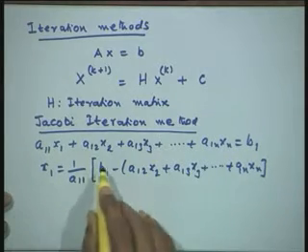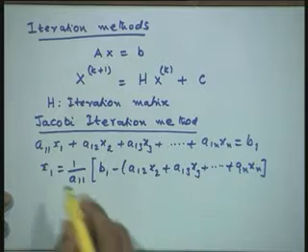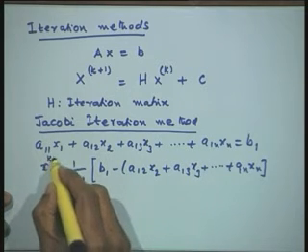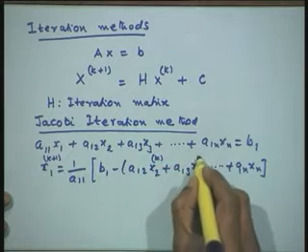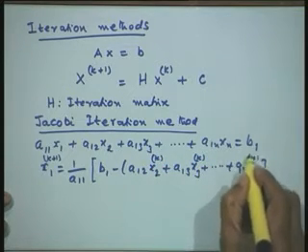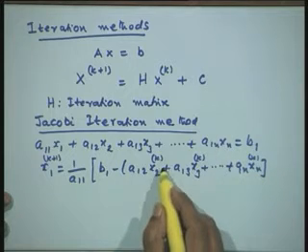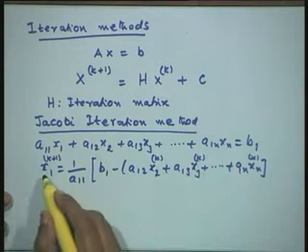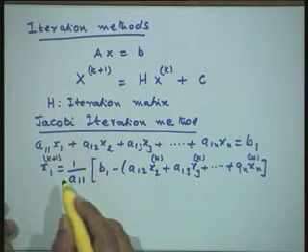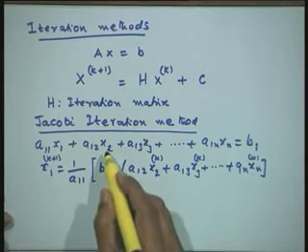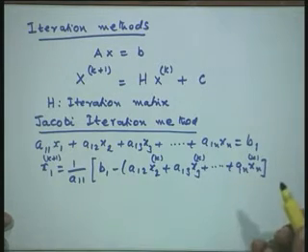Now, once you write it in this form, I would define a new iteration by putting the superscript k+1 here, and k over here on the right hand side. That means all the values on the right hand side are used at the previous iterate, and we are now obtaining the current iterate x1 at k+1. Similarly, for the second equation we shall retain the second unknown on the left hand side and take all the other variables to the right hand side.